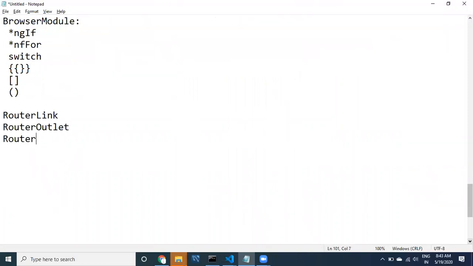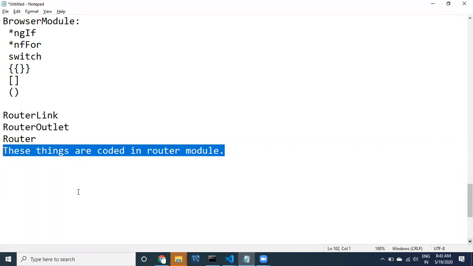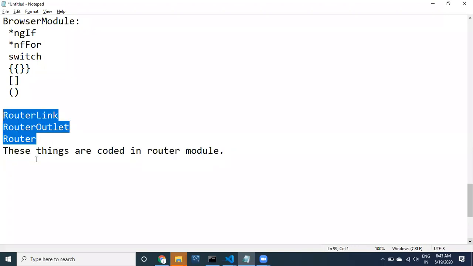If I am using all these things, these things are coded in the router module. So if I want to use these things, what I need to do, guys, is yesterday's concept only.